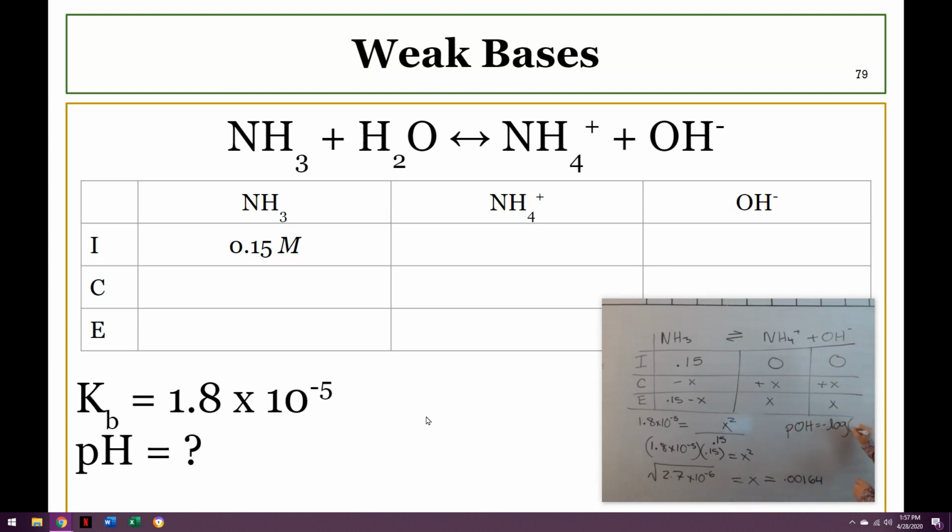I'll write out the equation. So pOH, negative log of this, gets us 2.785. And then pH is equal to 14 minus pOH. So 14 minus 2.7 is going to be